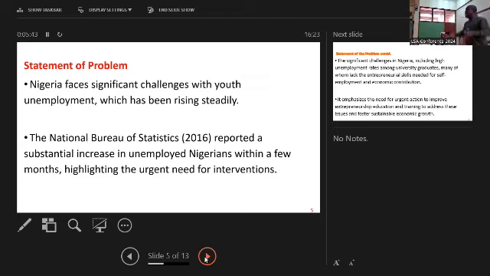Young boy, you understand? That's the way. One thing about this skill is that it will help us to brace our mind up, to be a blessing. The National Bureau of Statistics reported a substantial increase in unemployed Nigerians within a few months, highlighting the urgent need for what? Intervention.